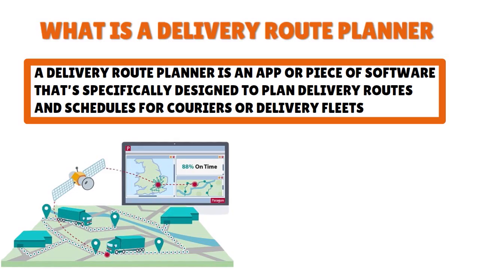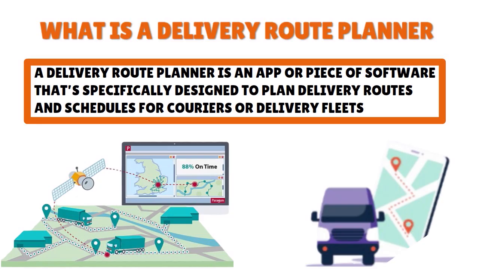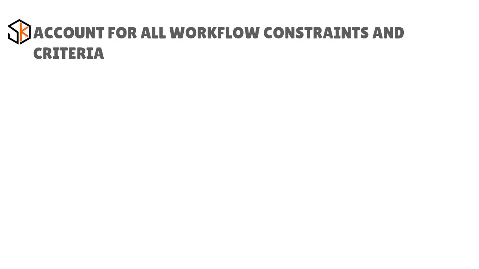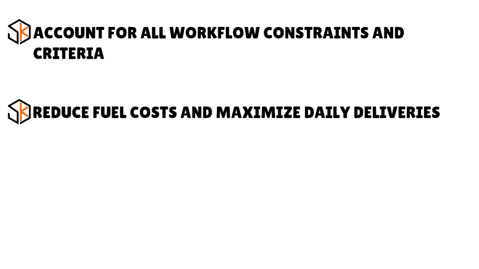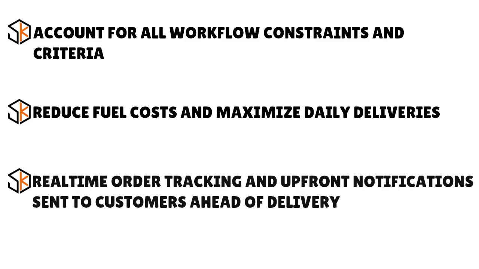So it's important. You want to have software that can help you from order reception to delivery completion, eliminating all of the risk factors involved with manual planning. Okay, so that's an important element. If you think about delivery software, for instance, you're able to have a system that accounts for all workflow constraints and criteria, that helps you reduce fuel cost and maximize daily deliveries, that also has a real-time order tracking